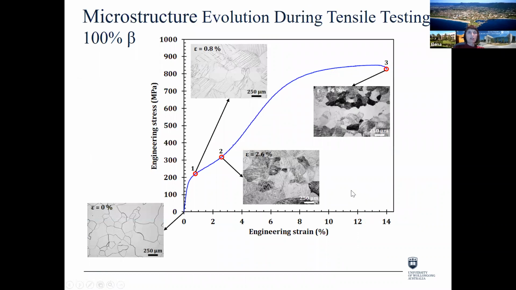If we now look at the microstructure, we're starting from fully beta microstructure, and here we have formation, not in all but in selected grains, of some deformation products, while some grains still remain undeformed. Then by the end of the slow rising region, nearly all grains have deformation products, and density and fraction of deformation products continue to increase later on, but less fast, let's say.